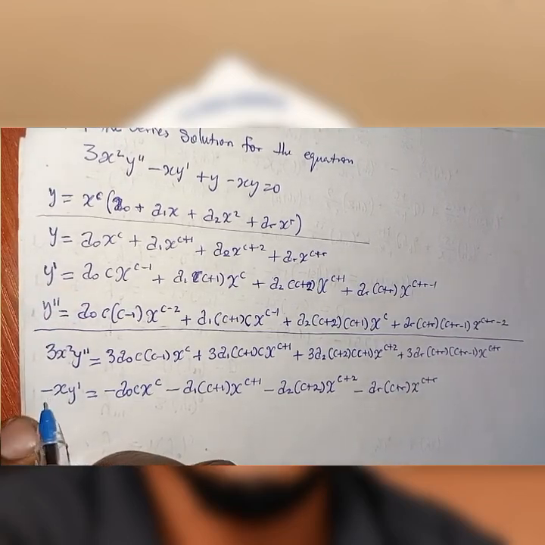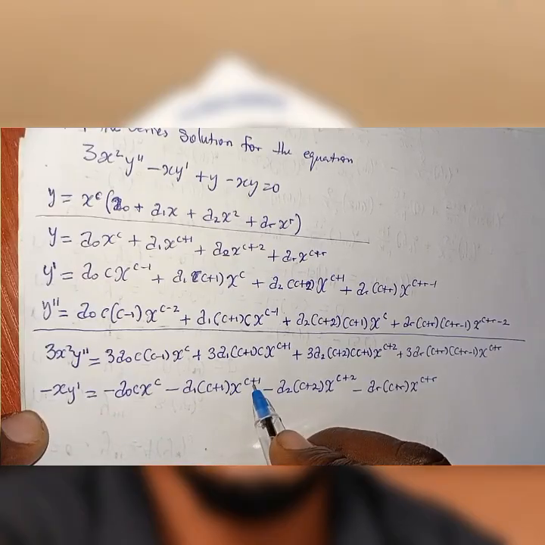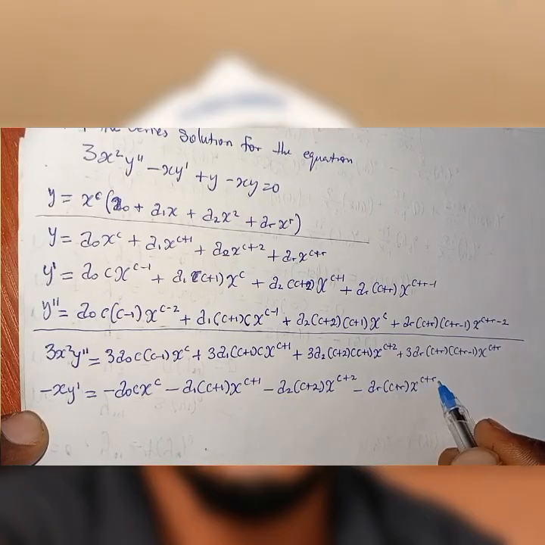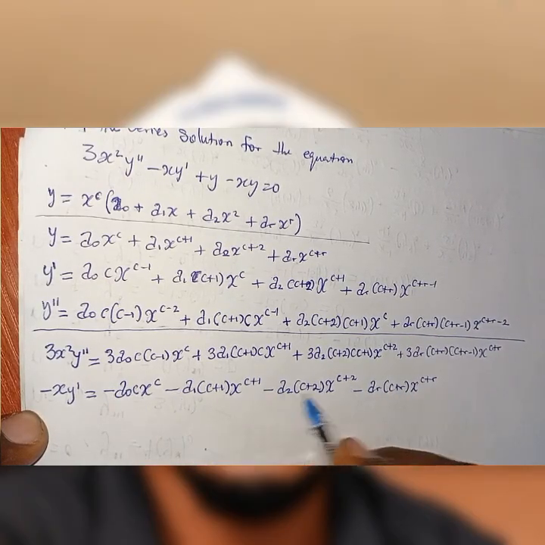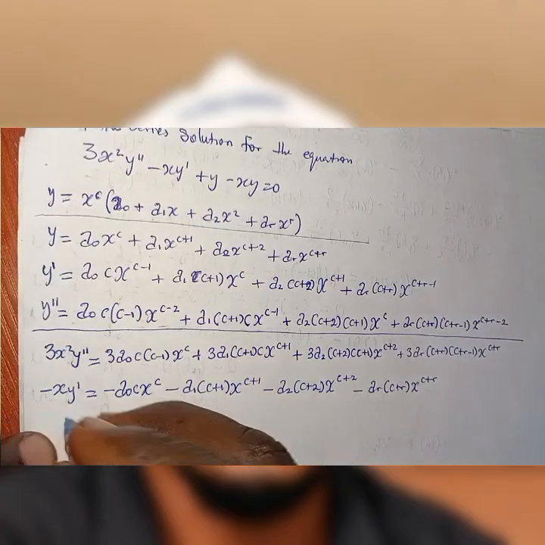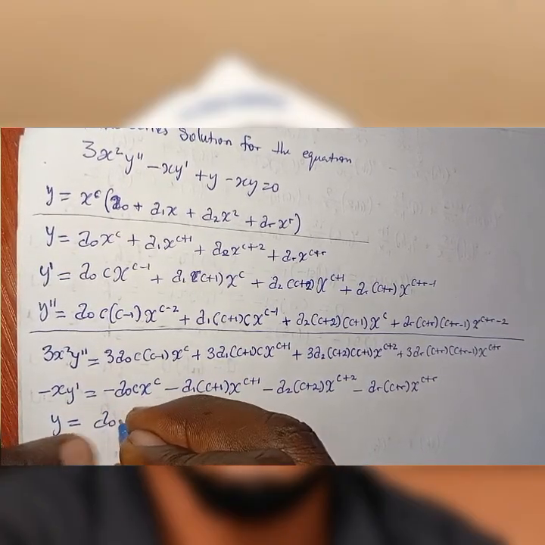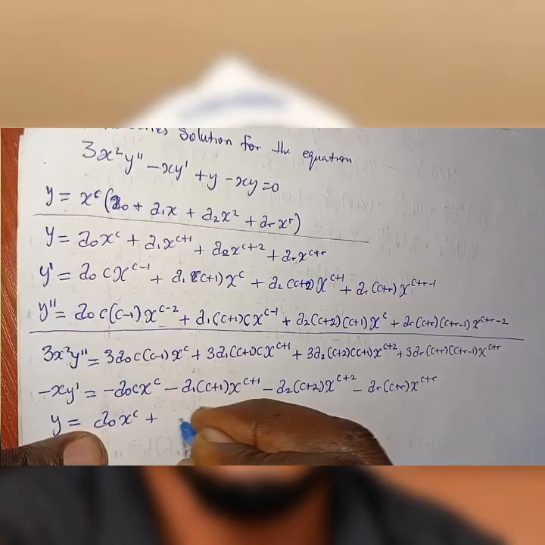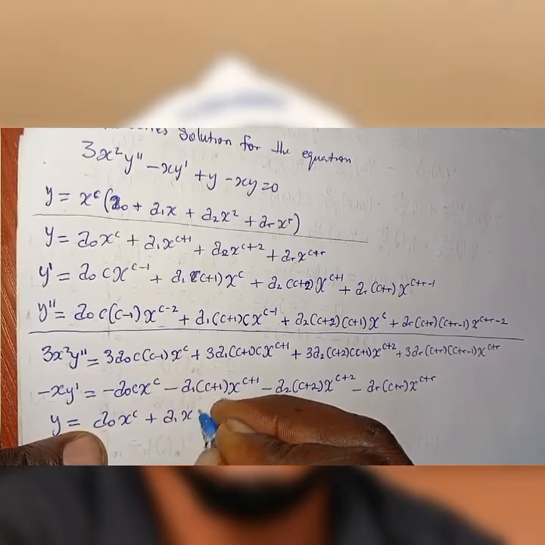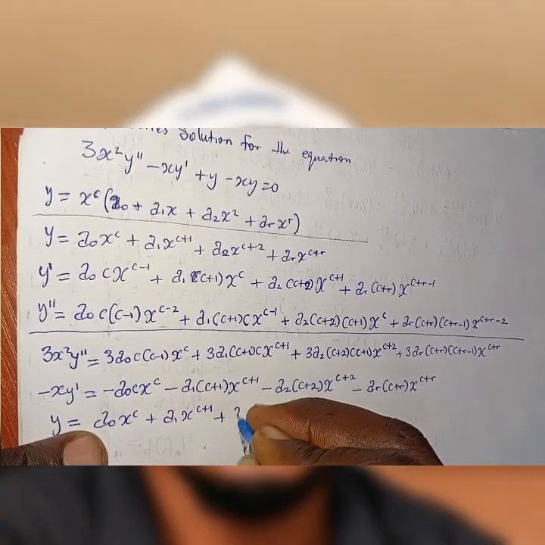Now note that this minus doesn't affect the power here, it's just a sign that is affected. Now y, we will write our y, so we have A naught x raised power c plus A1 x raised power c plus 1 plus